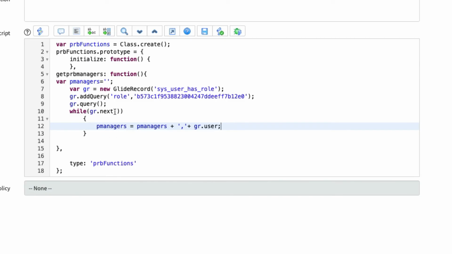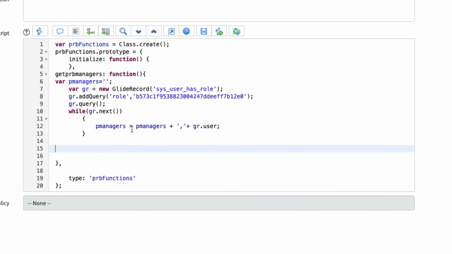Now with this string, what exactly do you have to do? In order to filter the data, you have to populate that particular thing in your reference qualifier. You have to push that value. You have to push that particular query so that the system should search the records as per the query mentioned in reference qualifier. So what you will do here,